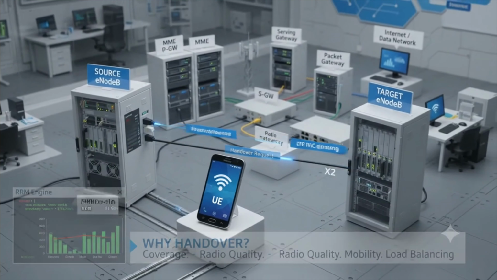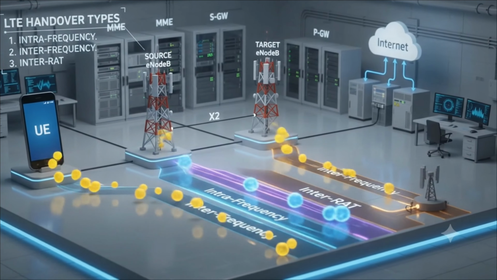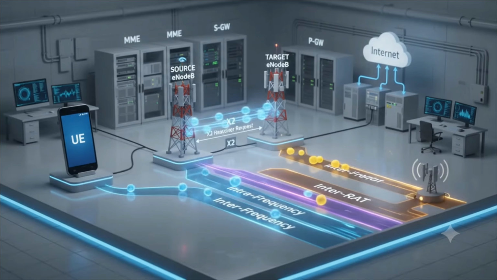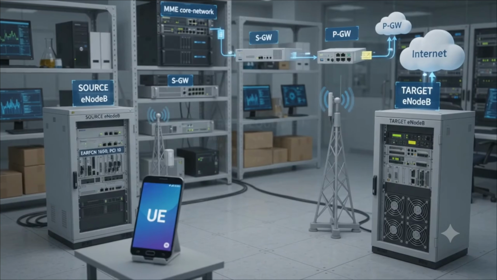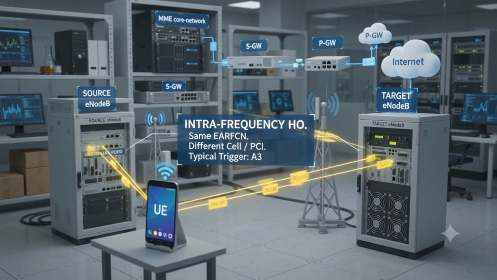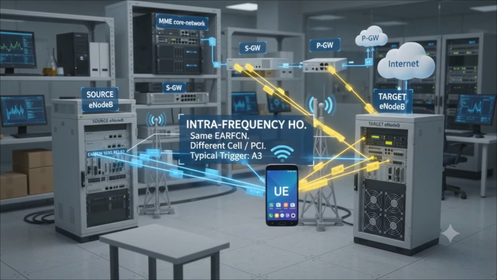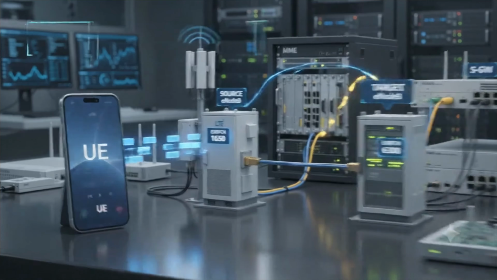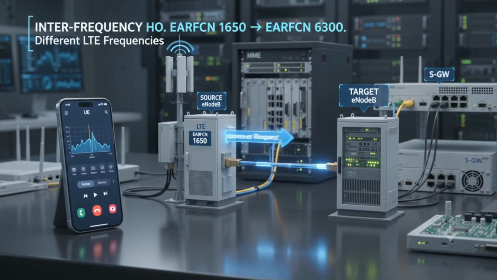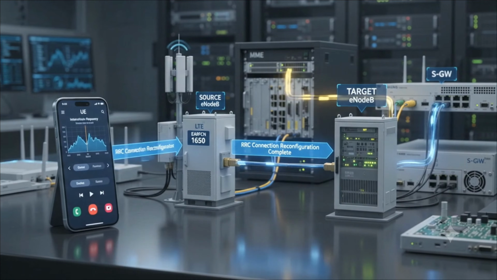mobility decision. From a radio perspective, LTE mobility is commonly explained using three categories: intra-frequency, inter-frequency, and inter-RAT handover. In intra-frequency handover, the source and target LTE cells operate on the same EARFCN. The UE can normally measure neighboring cells without measurement gaps. Inter-frequency handover moves the UE between LTE cells operating on different EARFCNs, often for optimization, capacity balancing, or frequency layer